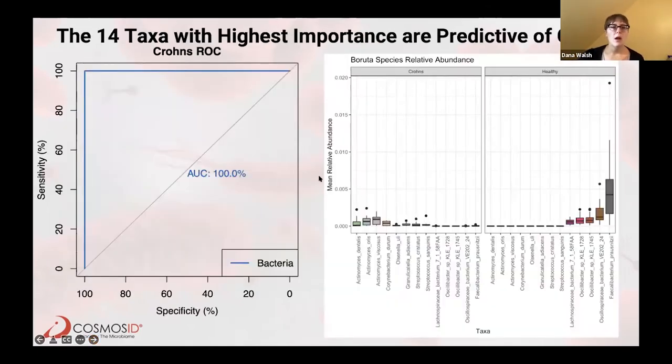So what I did next was to take those 14 taxa and run an ROC curve analysis. The purpose of the ROC curve analysis is to tell us how good our test is at differentiating healthy from Crohn's. So are those taxa actually predictive? And I got an area under the curve of 100%, which is like the best you can get, which is